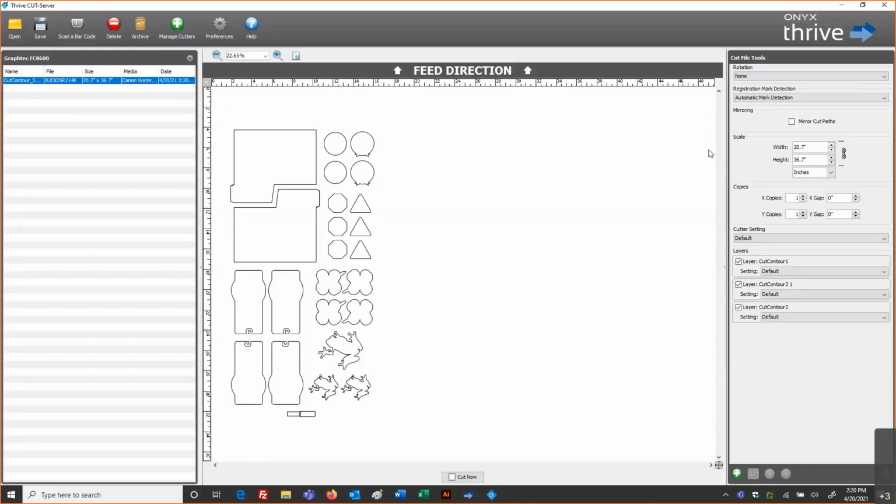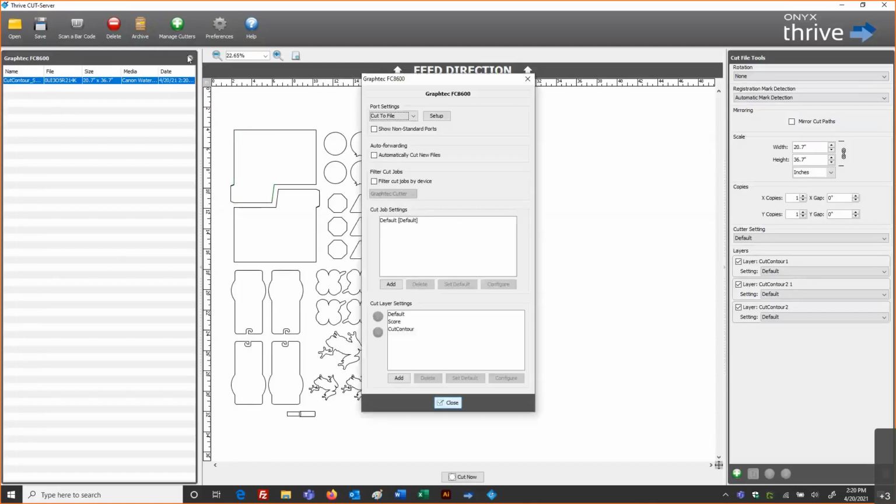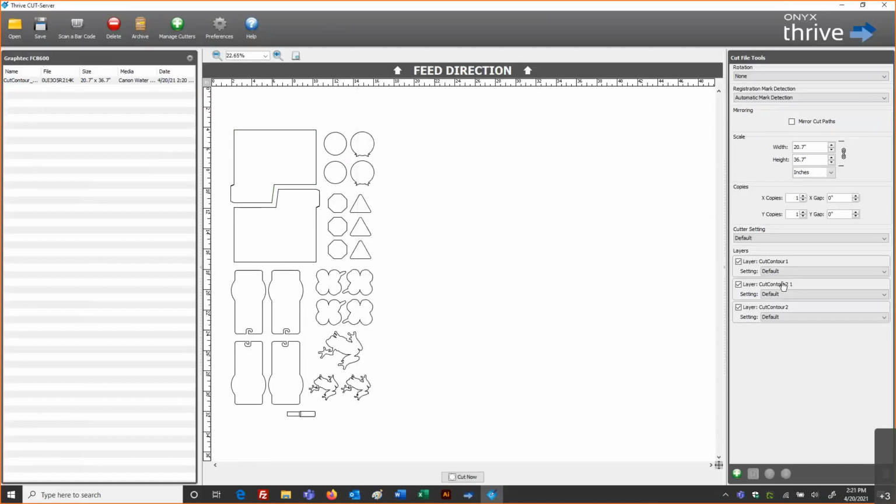Over on the right side, because I did configure, I'll go back into that screen to show you, because I did configure a cut layer setting here to be cut contour, and this particular file has a spot color called cut contour 1, cut contour 2-1, and cut contour 2.